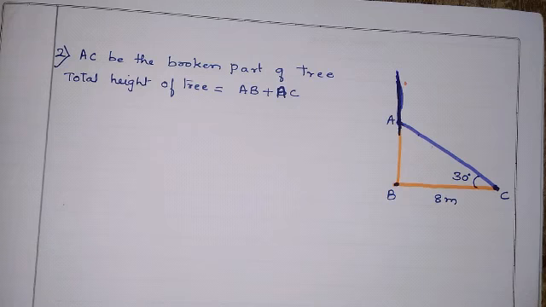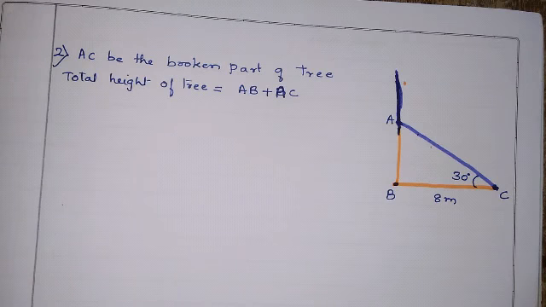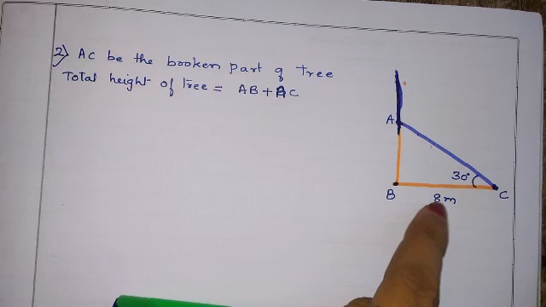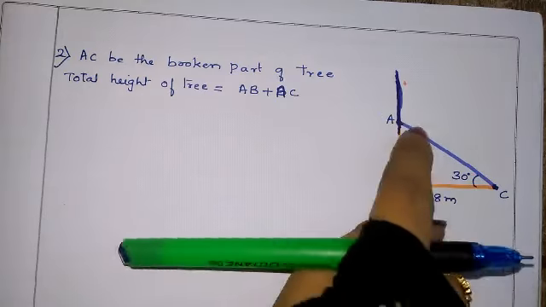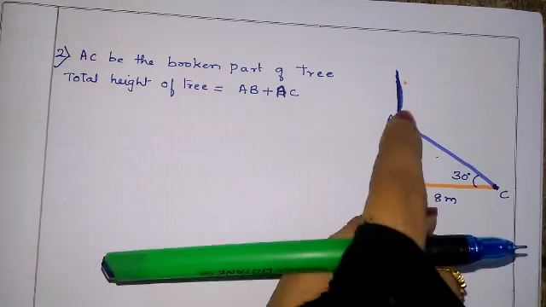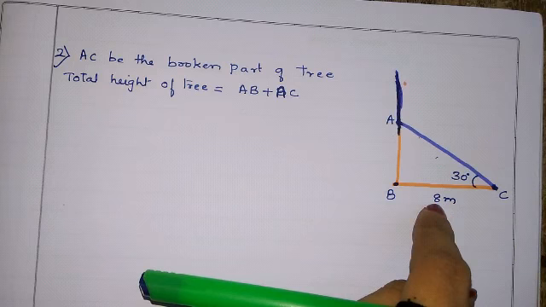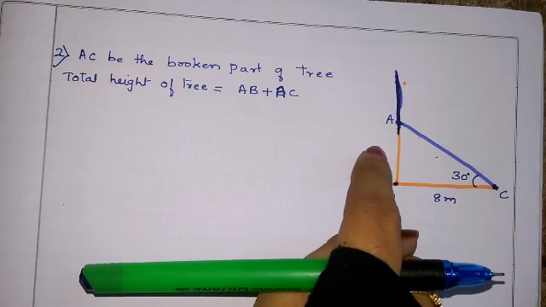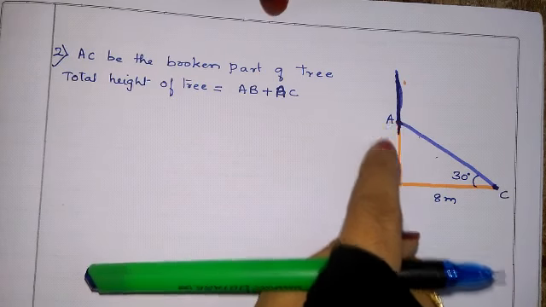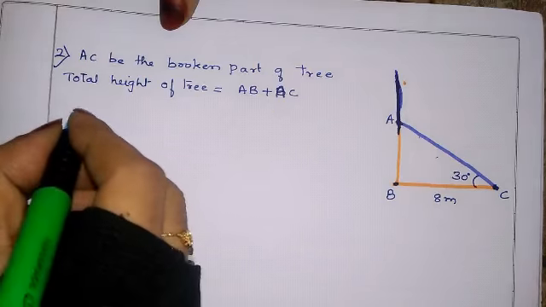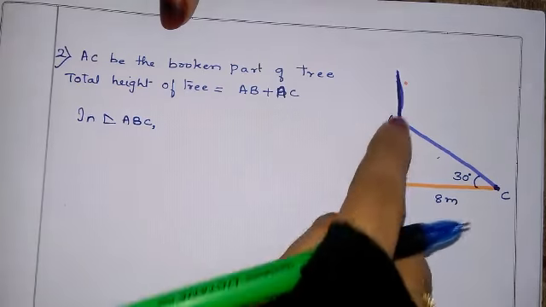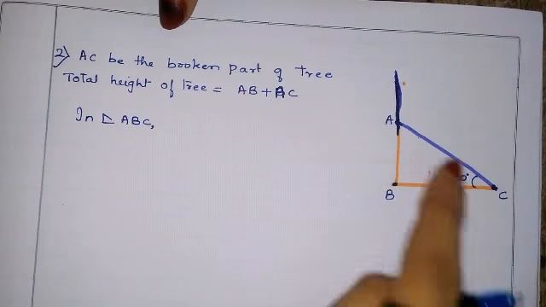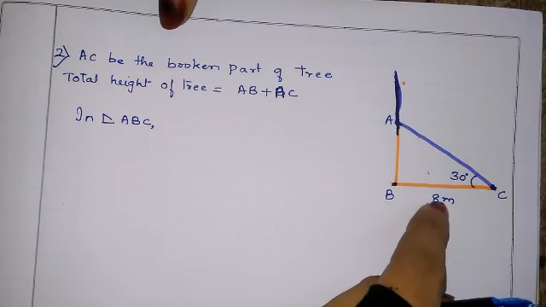How will we find AB and AC now? Here this side is given, adjacent is given, we need hypotenuse. AC we need, also AB we need. So adjacent is given, we can do by sine or by tan, adjacent upon opposite. First let us find AB. In triangle ABC we need both AB and AC, right? First I am finding AB by tan because opposite and adjacent.